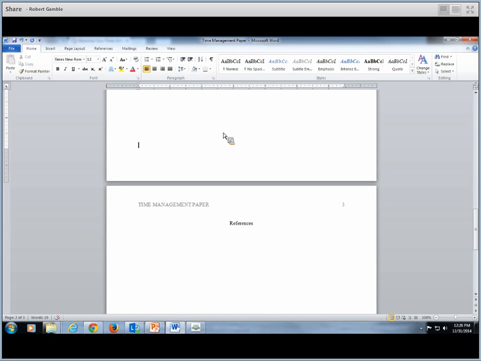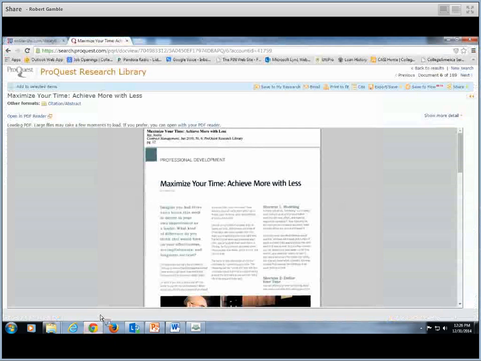Now let's go back to the article. Okay. So here you can see there's the title. Now we want to find out who wrote this. So here we see up here J is the last name, Joelle, name of the article, pages, and where it came from. Okay. Now if you go up to the blue bar under the ProQuest Research Library, you'll see a